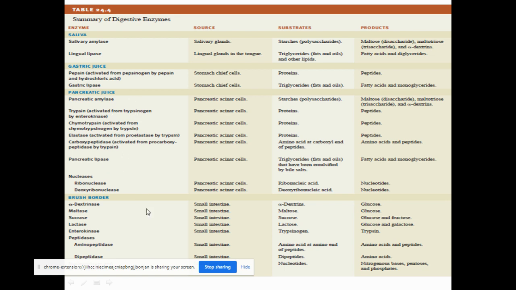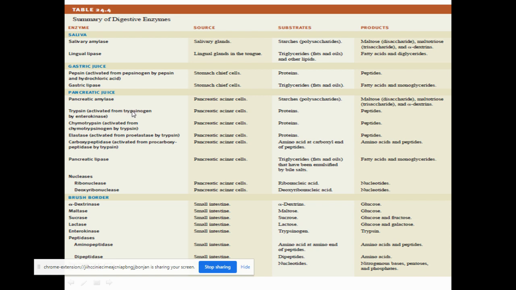So not only this, the duodenal enzymes or the brush border enzymes also flow into the duodenal region. So this is the major site of digestion, where the digestion is completed. Almost 90 to 95% digestion is completed in the duodenum. So this is what is happening. Now let us see what happens. We will see one by one the digestion of carbohydrates followed by the digestion of proteins, lipids, and nucleic acids.